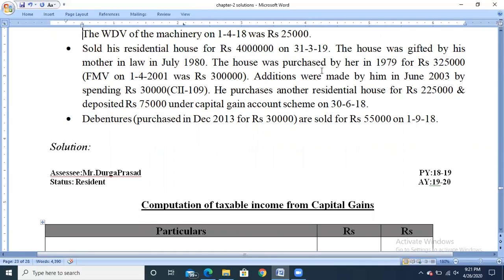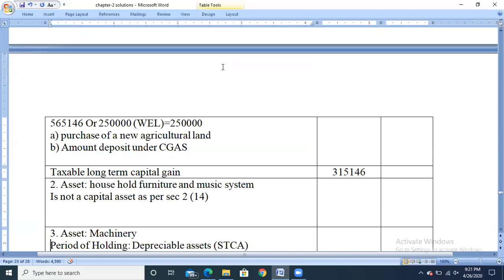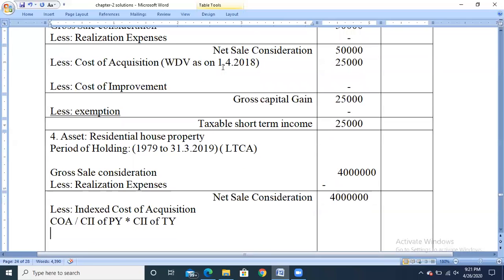So the asset has been purchased by the previous owner for rupees 3,25,000 and the fair market value as on 1/4/2001 is 3 lakh rupees. So take the value 3,25,000 or 3 lakh, whichever is highest will be the cost of acquisition. So the highest value is